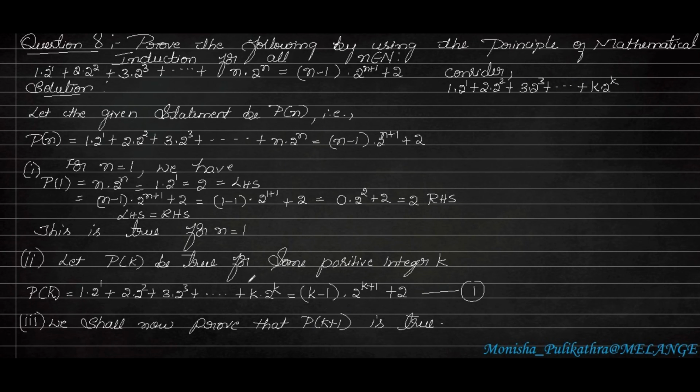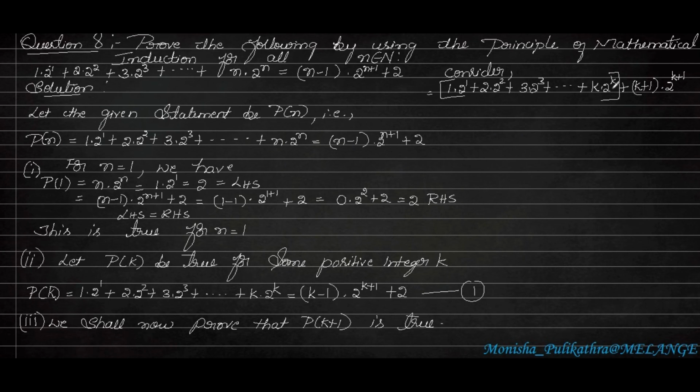Before we take k plus 1, we have to take the previous term of it. So next, up to here, we will be arranging it to one equation. Next, it will become k plus 1 into 2 to the power of k plus 1. So this is the equation. So let us continue it.